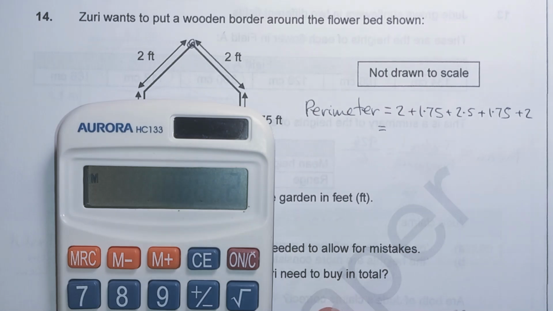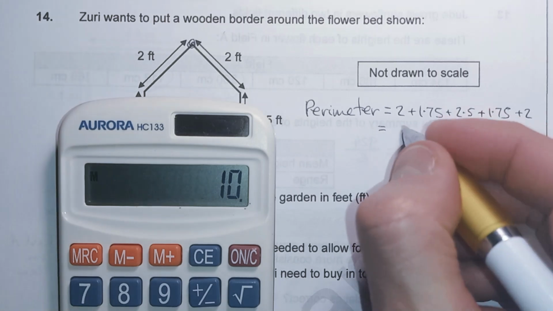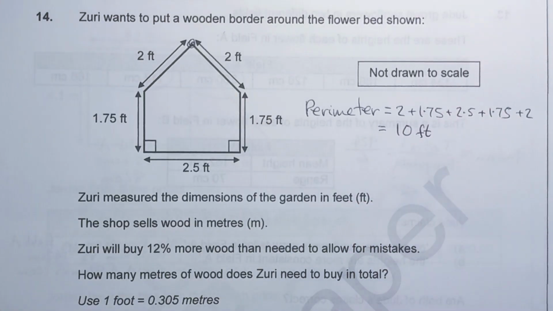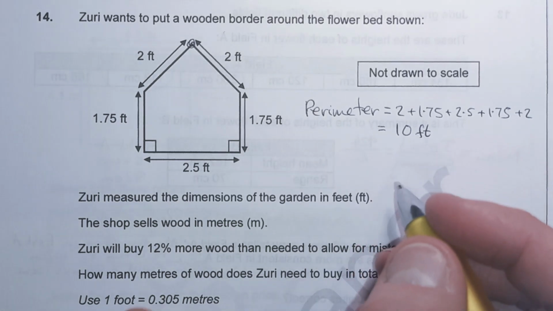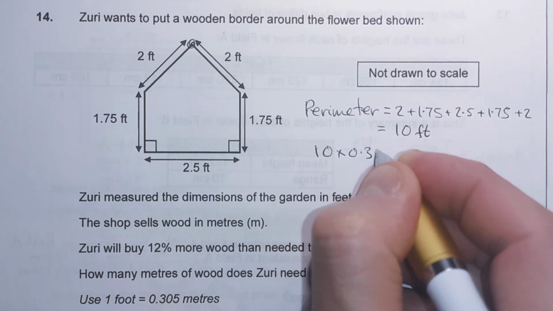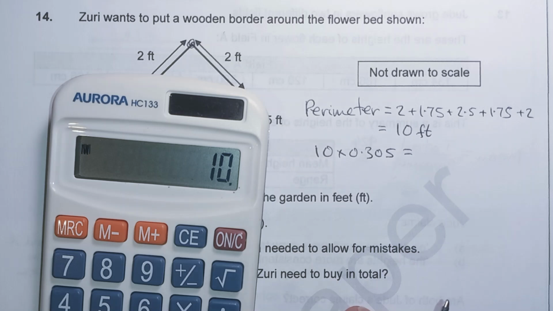So 2 plus 1.75 plus 2.5 plus 1.75 plus 2 gives us 10 feet. Okay, we know that 1 foot is 0.305 metres, so if we want 10 feet, we're just going to multiply this by 10. So 10 times 0.305 is going to be